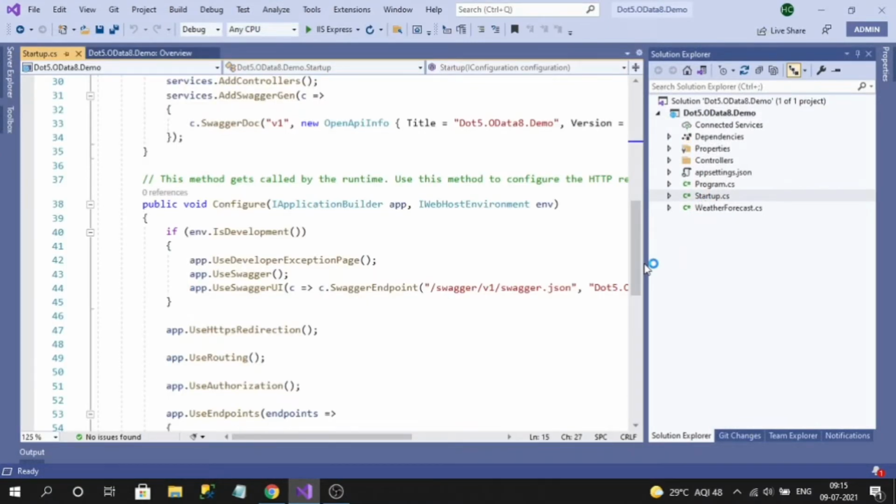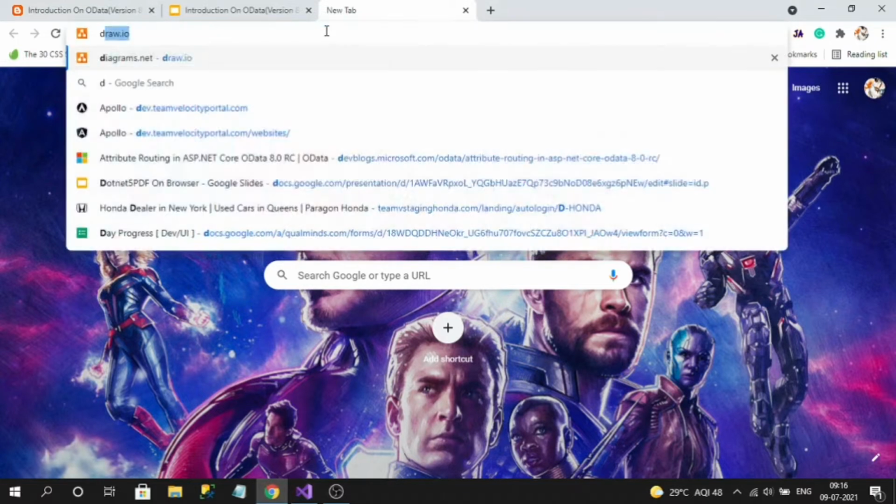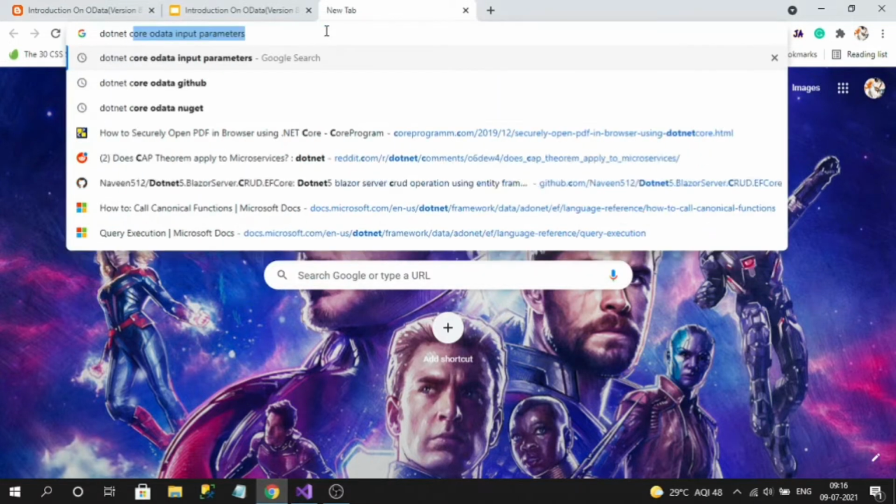Now let's install the OData .NET Core NuGet package. Search for .NET Core OData NuGet.